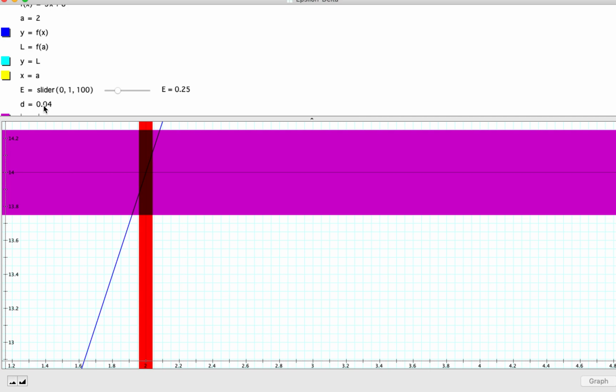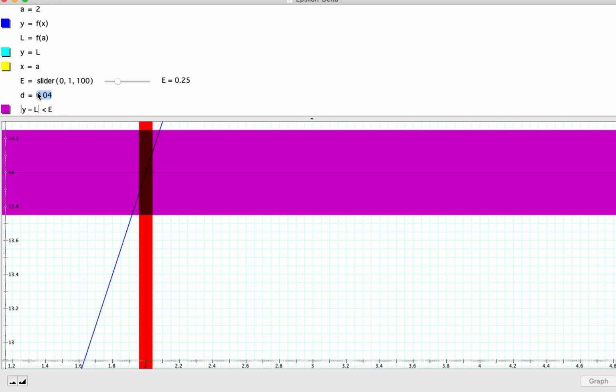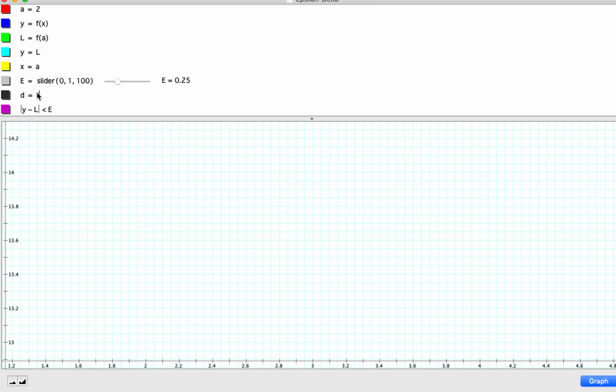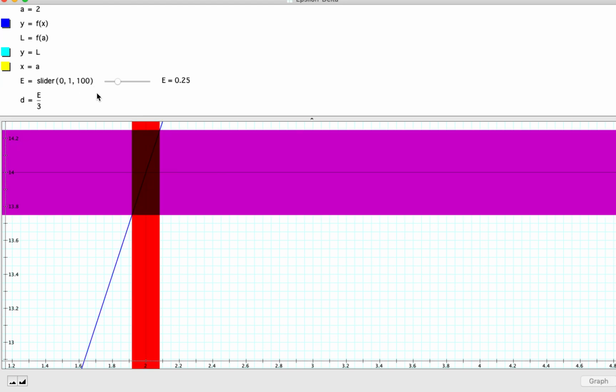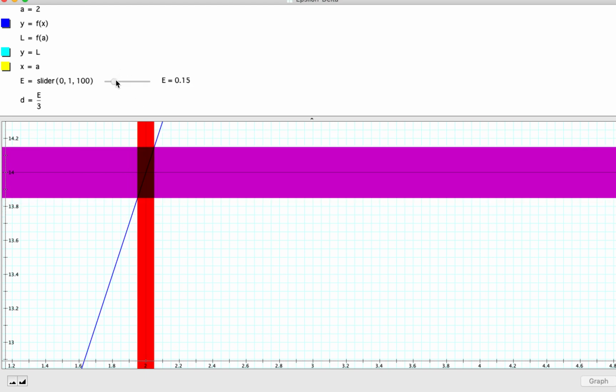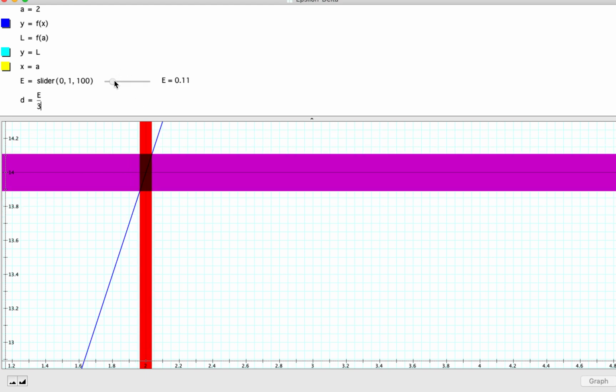I'm going to basically have to make this depend on epsilon. Make a little formula right here so delta depends on epsilon so that this band of function values always fits within the target band. I'm just going to jump to what this one is right now, and we're going to see how with inequalities we can figure those things out for simple enough functions anyway. If I make delta equal to epsilon over 3, because of the slope on this one, that makes it a perfect fit here. No matter how small I make epsilon now,